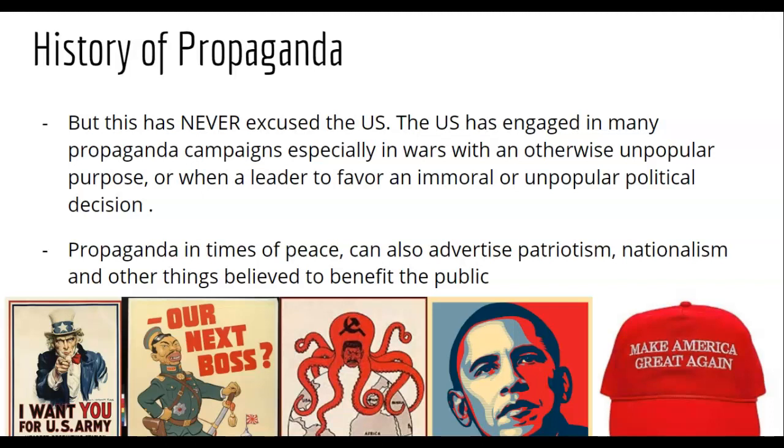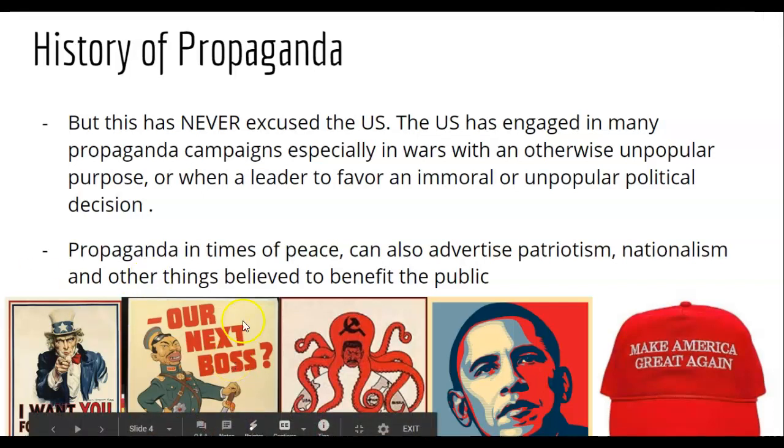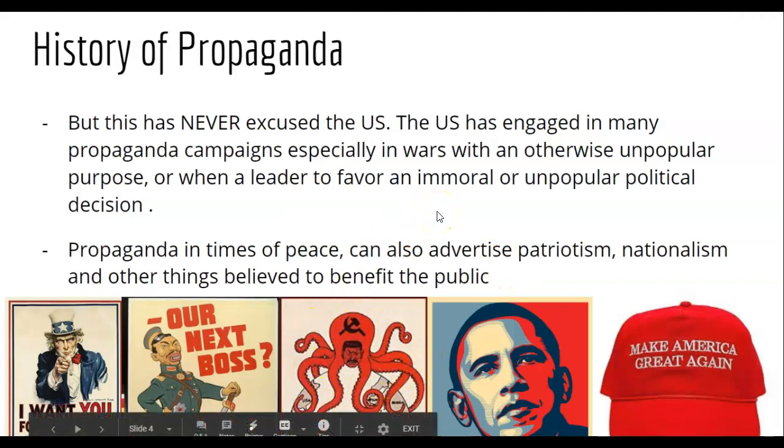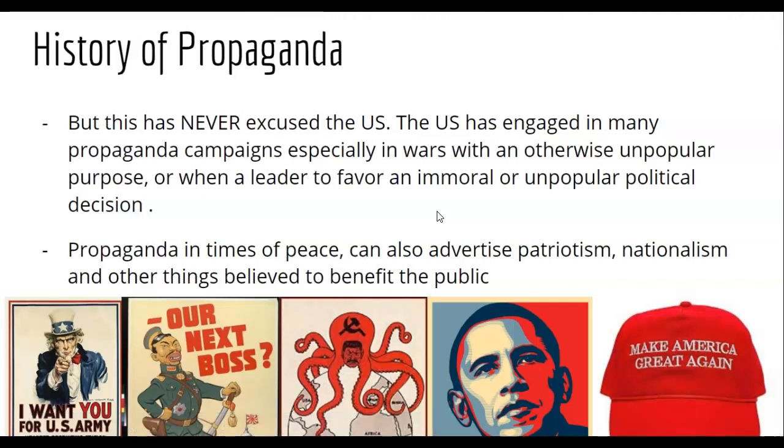not very accurate. Then the next one is the leader of Japan, painted in a very offensive caricature of a Japanese person, which is very common during this World War II time period. Our next poster, and if you can't see it, that's the Capitol building at the bottom, with the Japanese flag saying, Japan's going to take over America. And the next one is an octopus representing Stalin in the Soviet Union, taking over the world, which was a big fear, not necessarily the most accurate according to historians, but a huge